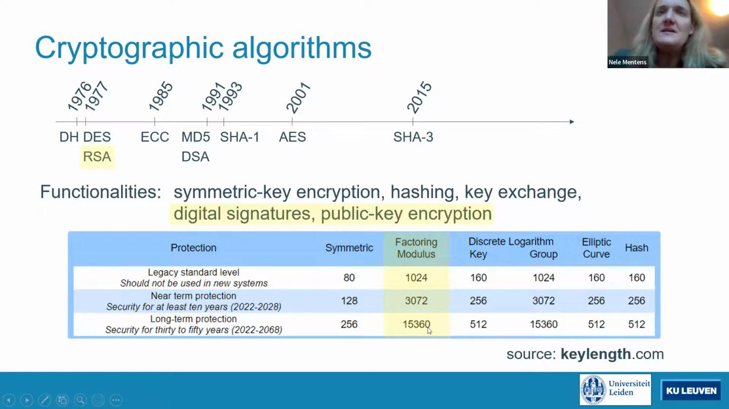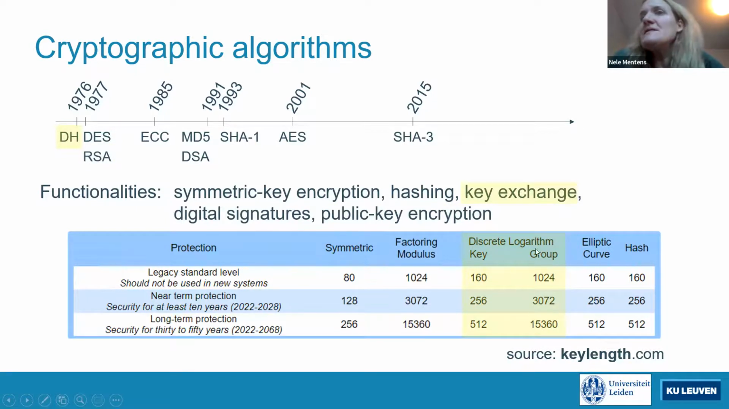And then the advice here is that this factoring modulus is for legacy systems 1024 bits, but for near-term protection should be 3072 bits, and for long-term protection 15,360 bits, so very large actually. The Diffie-Hellman protocol, which was published in 1976, can be used for key exchange. In this case,